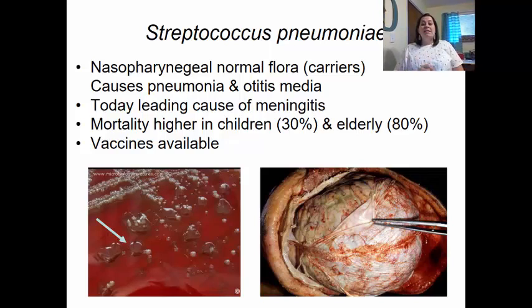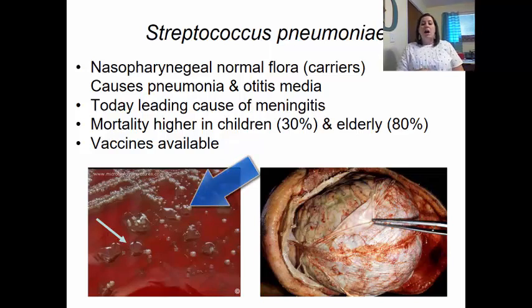We see that this is today's leading cause of meningitis. The mortality rate is higher in children, about 30%, but then in the elderly, it's about 80%. One thing that's really helpful is that this type of vaccine does help prevent meningitis, but it also helps reduce the number of ear infections for individuals, since this is the main culprit for ear infections. All right, so if you look here, you can see the Streptococcus pneumoniae growing on the blood